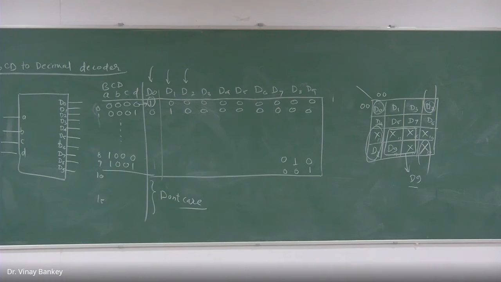Yes, D1 will be the same with don't care as without don't care. No, I have shown this as just a simple way, because each and every output has only one high. That's why we can write like this. It's a trick, yes, it's a trick. Otherwise you need 10 different K-maps. If you are not smart enough, then you need 10 K-maps.